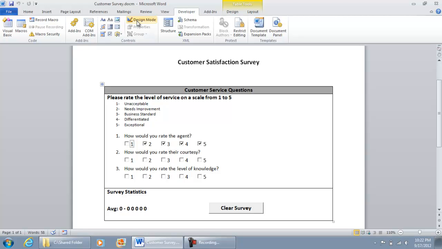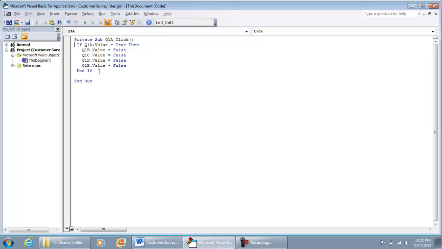So I'm going to put us back into design mode. What we just did for this checkbox, we're going to have to do for 2, 3, 4, and 5. But of course, we're going to have to change some values around. So first, I'm going to copy only the if statement. I'm not going to copy the private sub, Q1A click, or the end sub. I'm specifically going from the beginning of the if statement down to the end if,